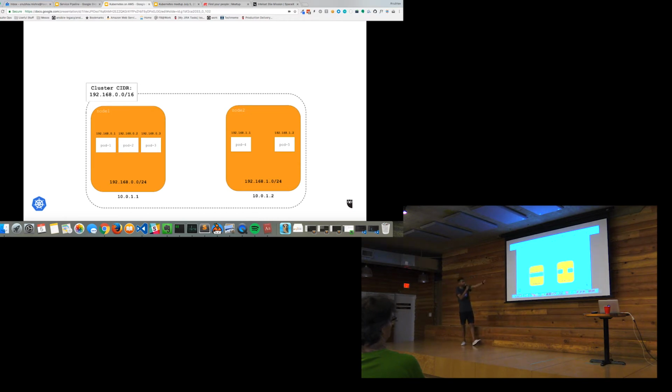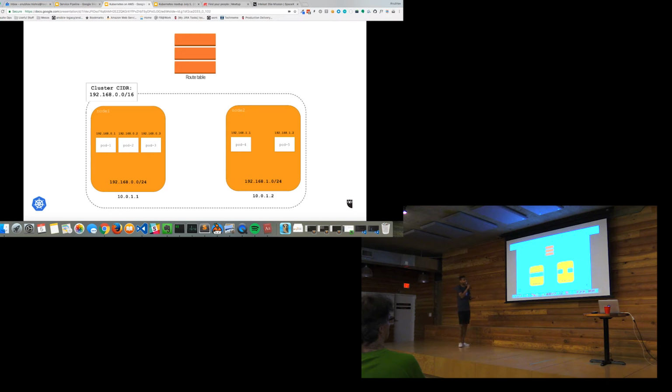So you tell Kubernetes, like in this case, we've said /16 or whatever. Each node actually gets assigned a /24 range, a set of IPs, basically. As soon as one pod comes up, each one gets one IP, as you can see. And then, of course, these are Amazon instances, so they have Amazon IPs as well, right? Now, how does communication work in Amazon? You use the routing table, and it's all good.